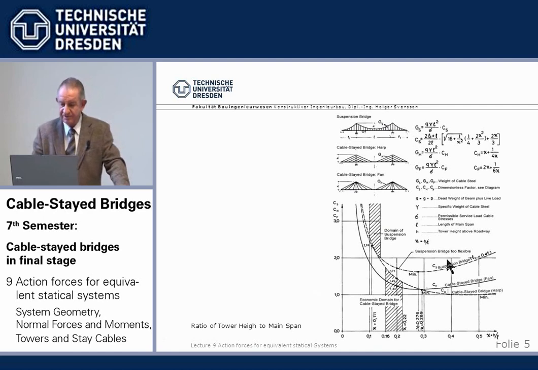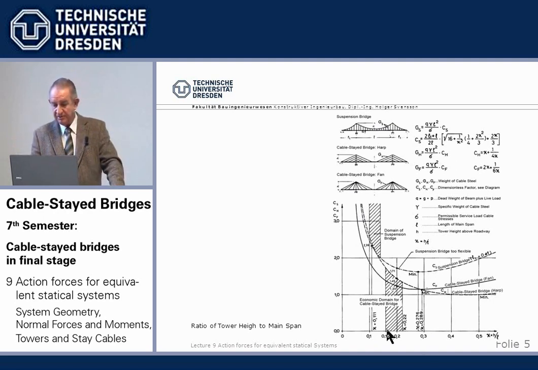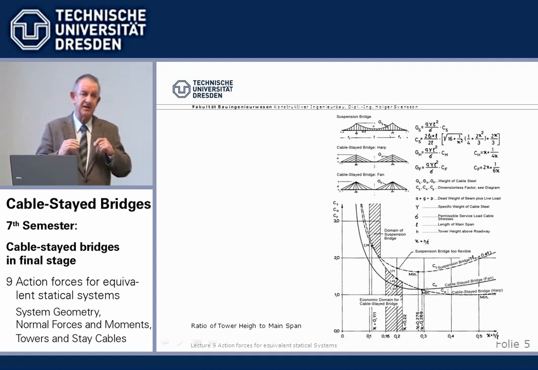And if we go in this curve, kappa is called here the ratio of tower height to main span length, and here are parameters for the total amount of cable steel required. Then we see if we have very low towers with flat cables, we need a lot of cable steel to carry. And then we come here in the range, the absolute minimum is somewhere here, 0.4, 0.5, which is understandable, because